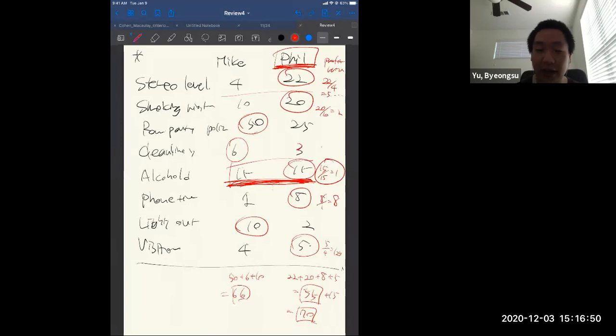So you need to use alcohol, you need to give some part of alcohol to Mike, right? But if you just give all the alcohol case to Mike, then it changes the initial loser and winner. If alcohol belongs to Mike, then Mike will get 66 plus 15, which is 81. But Phil has 55 points, so the initial winner and loser will change, right? So instead of doing this, we can make them agree on sharing those issues to make them have the same points, right? To do this, let's say Mike will get